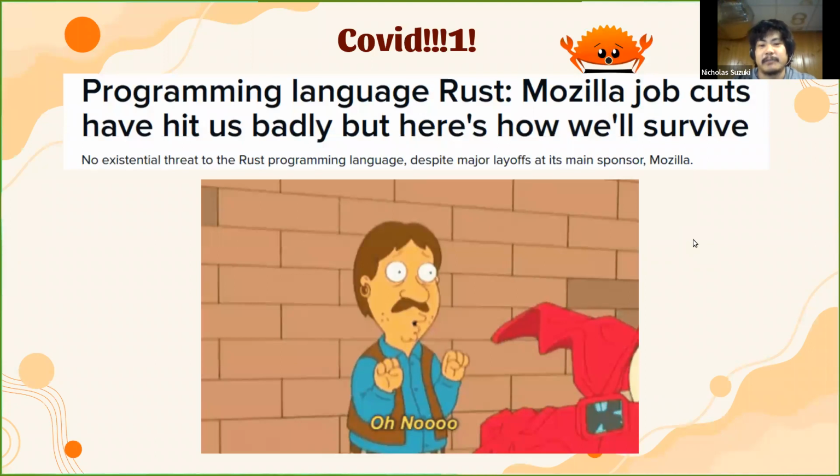In August 2020, as part of corporate restructuring due to COVID, Mozilla laid off 25% of its workforce. Among those laid off were most of the Rust team that Mozilla employed. But since Rust was an open source project, a vast majority of the contributors weren't employed by Mozilla. However, times were still rough because Mozilla was a key sponsor of Rust and provided much of the infrastructure. They paid the hosting bill for the Rust package manager and owned the trademarks to most of the products associated